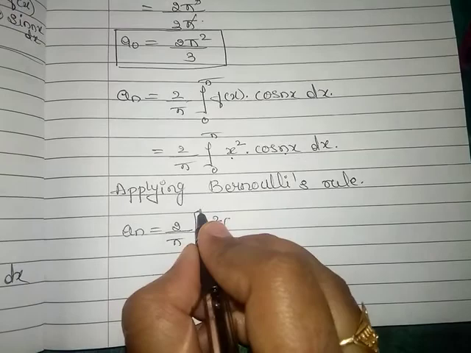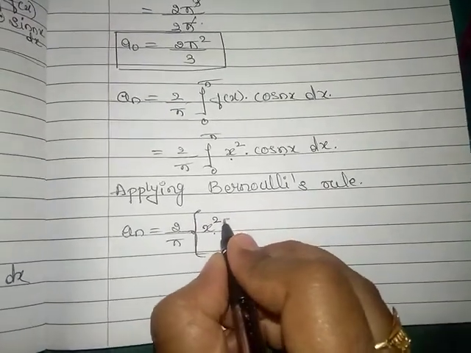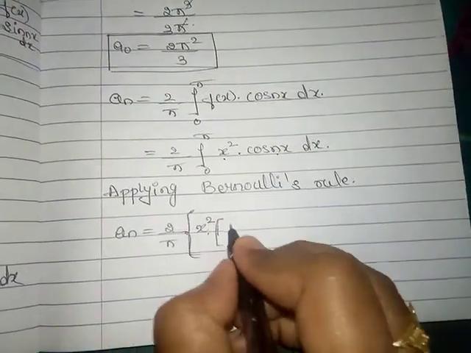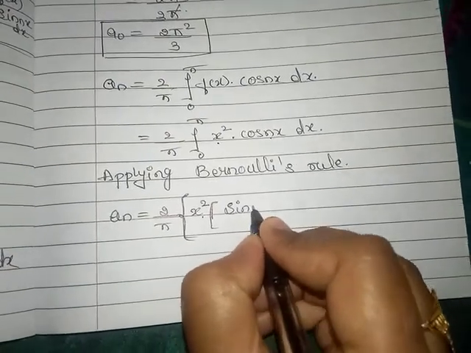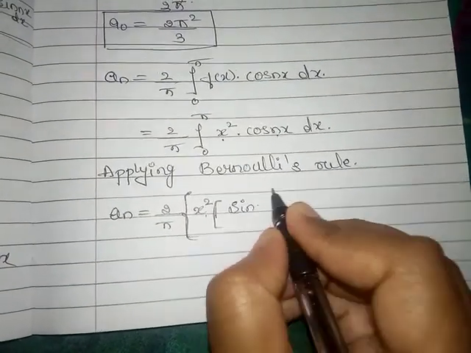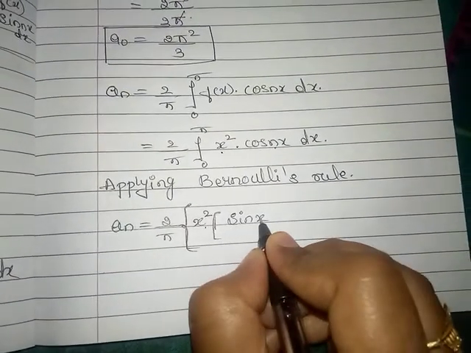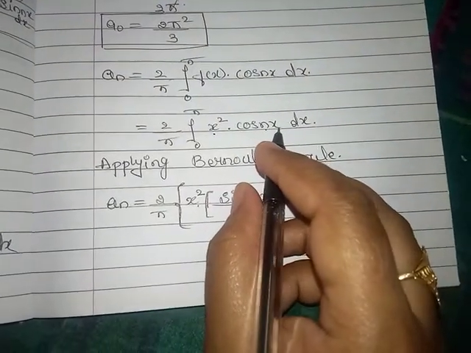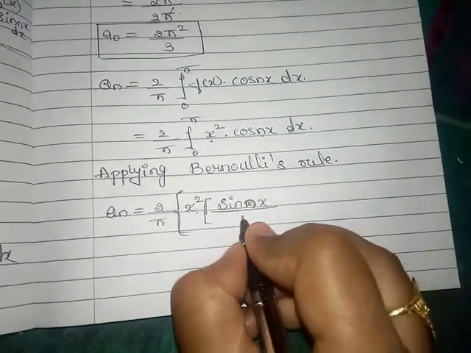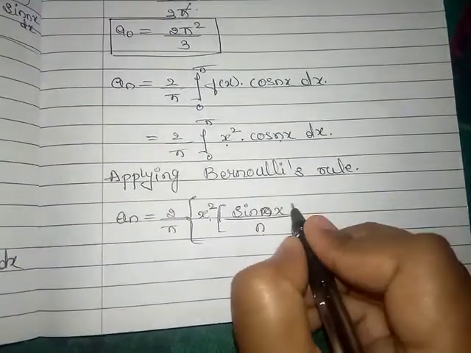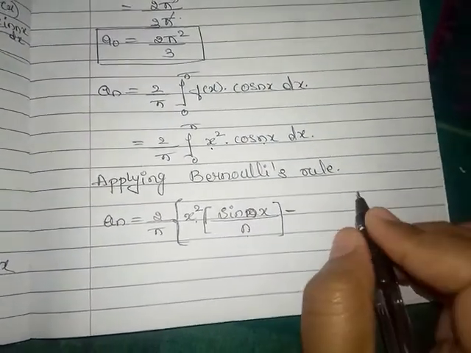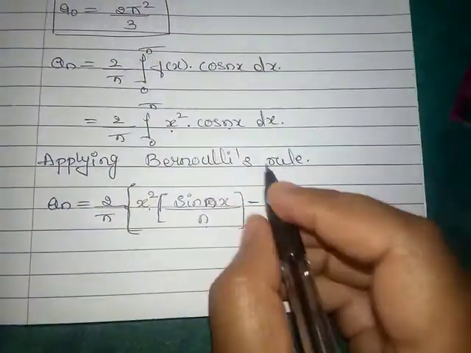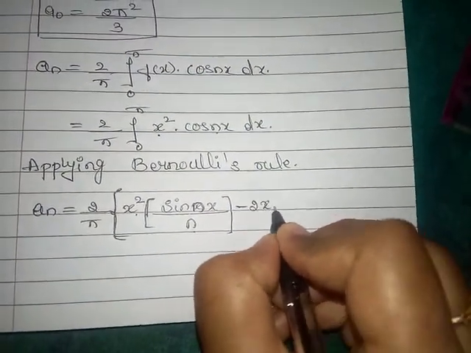Cos nx integrates to sin nx divided by n, minus the differentiation of x square, which is 2x,